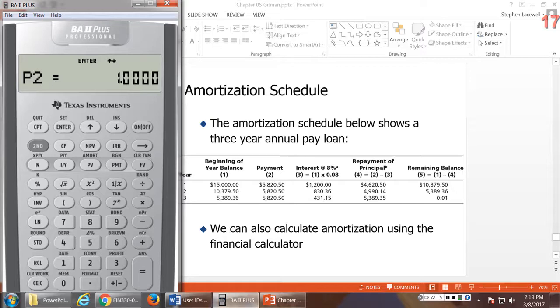P stands for payment or period. It doesn't really matter which one. They both work the same way. But what we're doing here, and how this works, is if we're interested in a single payment, so we